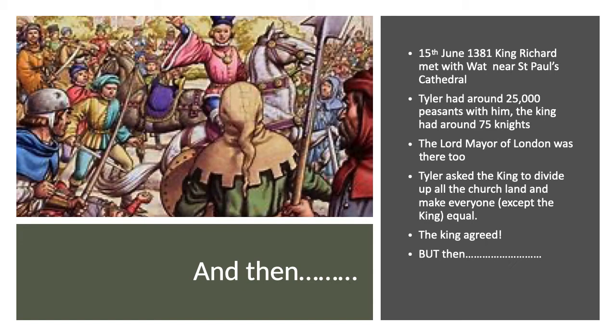The Lord Mayor of London is there too. And Wat Tyler asked the king to divide up all the church land. Okay, so it's not owned by the church, people don't have to pay rent to it. Give it away and make everybody equal, apart from the king. So there weren't peasants and lords, everybody would just be equal and the king would rule over them all. And the king agrees. He says, yeah, that's fine. But then...